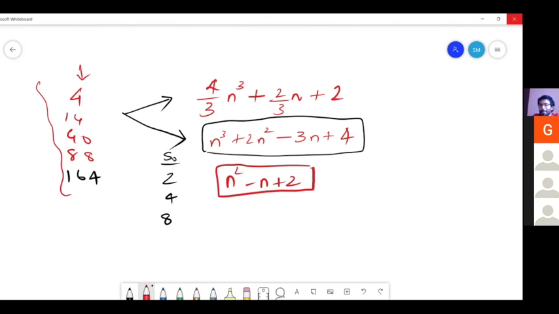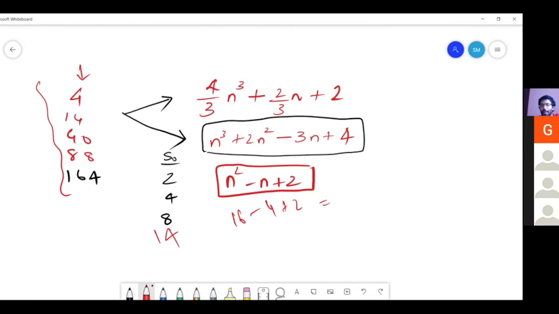See, the thing is that if you consider only these five numbers, then you can come up with any degree kind of equation. That's not the thing. But the thing is that it has to be a sequence, right? It should continue. It should not stop with 164. It has to continue. True. See, for example, once I give a polynomial like n square minus n plus 2, this is a sequence, right? So now when n equals 4, this would be 16 minus 4 plus 2, which is 14. So you automatically have a continuation.